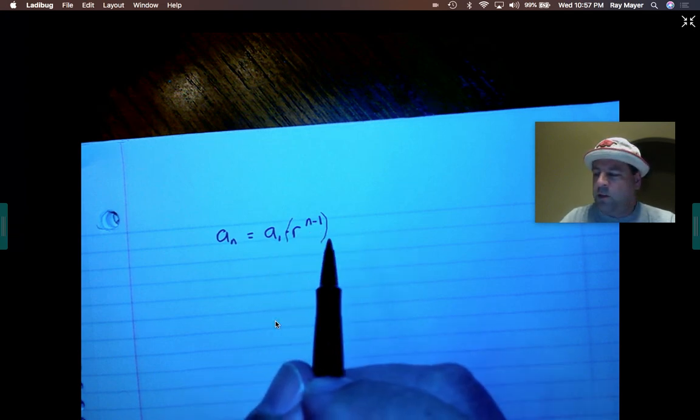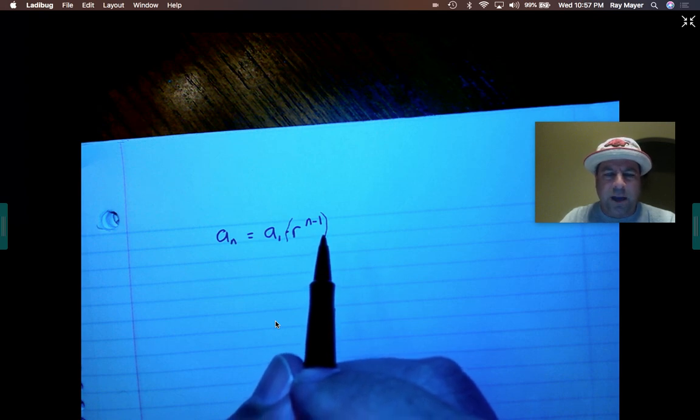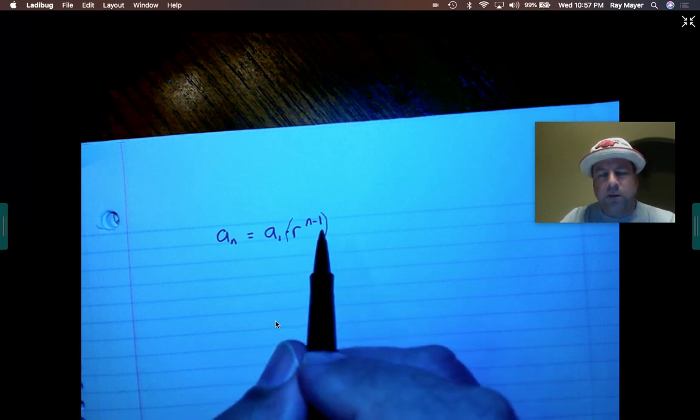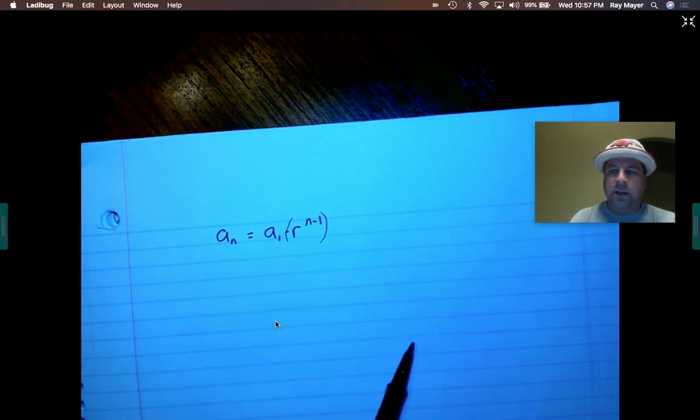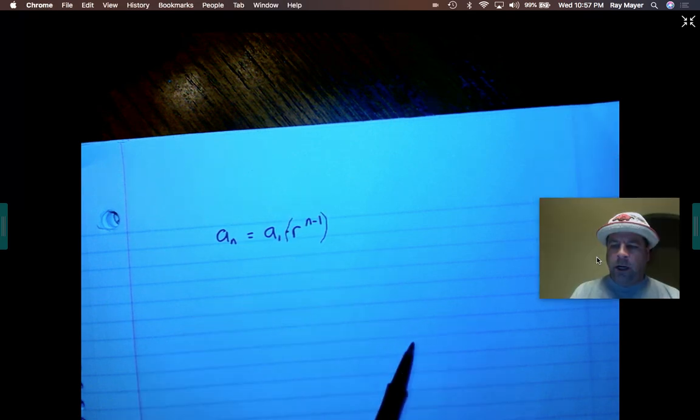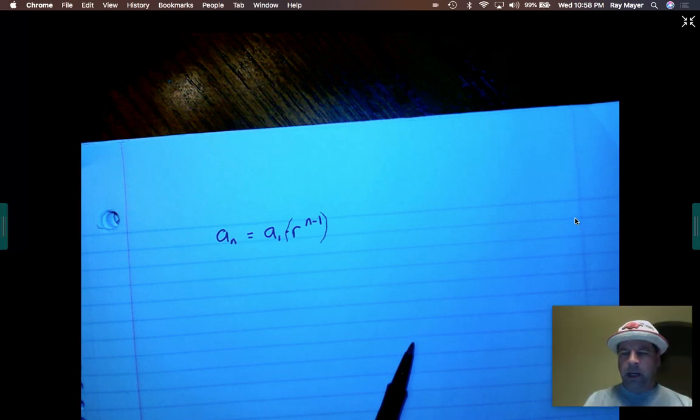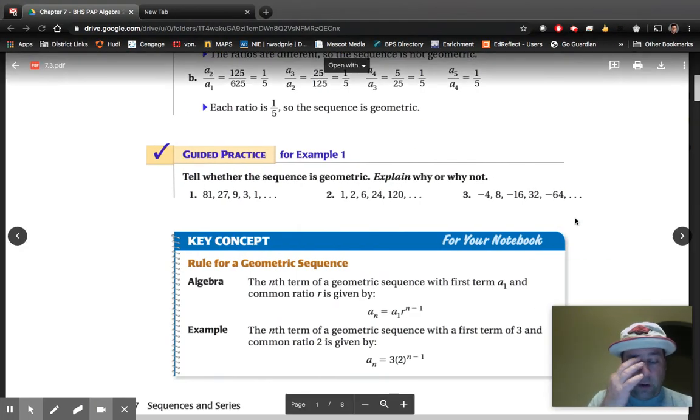Okay? So it's a pretty simple formula. It's not that bad. It does end up being exponential because of the ratios, and that's why that n minus 1 is an exponent up there. All right, so